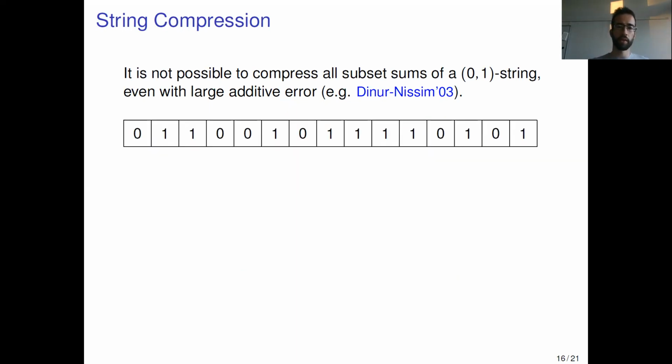So string compression is the problem of compressing an n-bit 0-1 string in such a way that you can recover subset sum queries. So a query would look like this. I would just look at a subset of the coordinates and say, how many ones are there? And in this case, the answer is 3. And it's pretty intuitive that in order to compress such a string, we need at least n bits, or at least omega n bits,